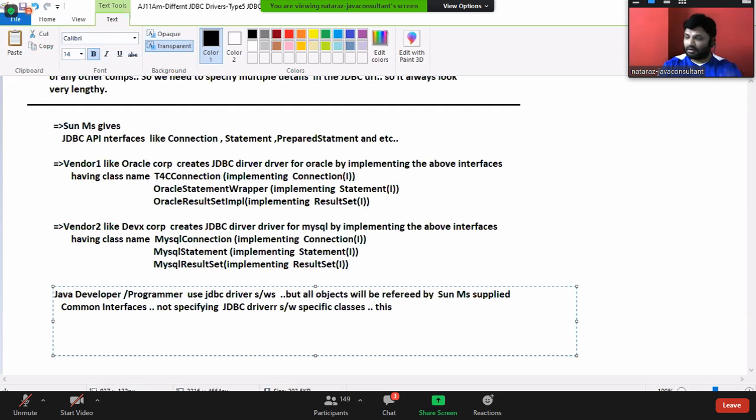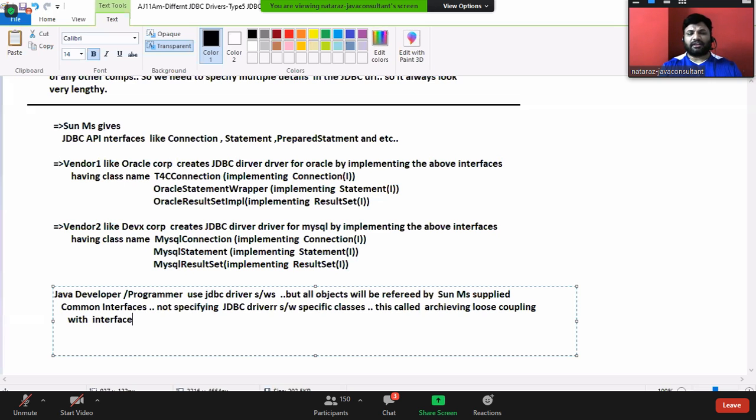This is called achieving loose coupling with interfaces.